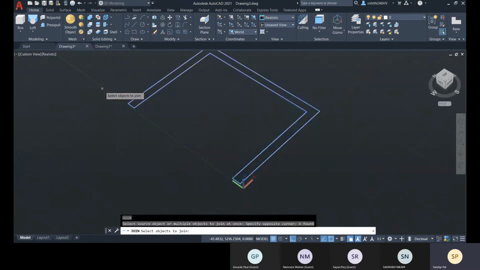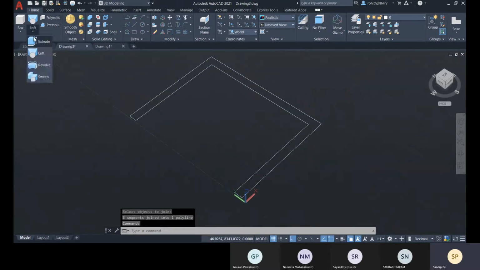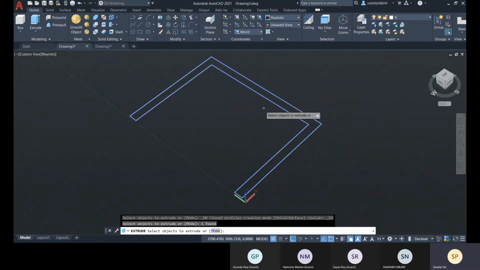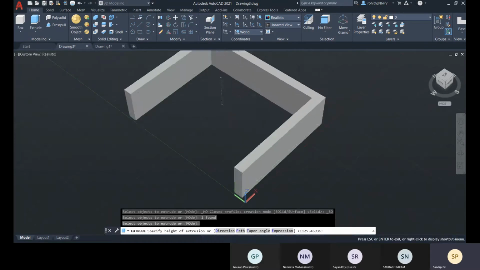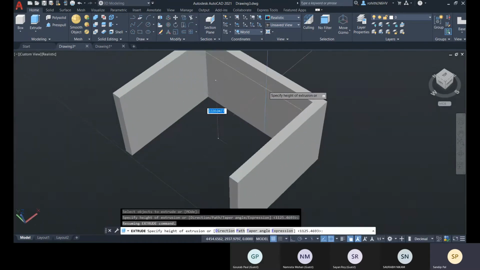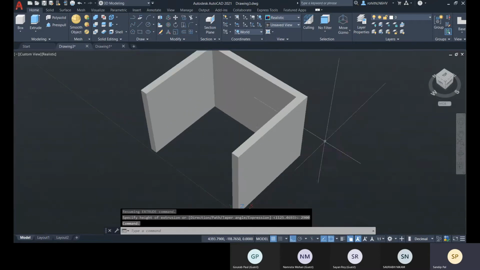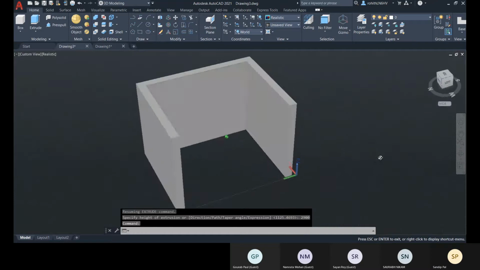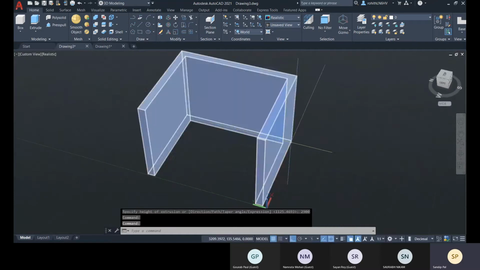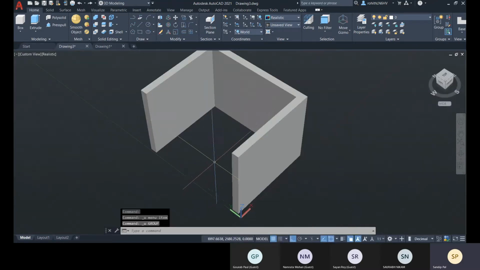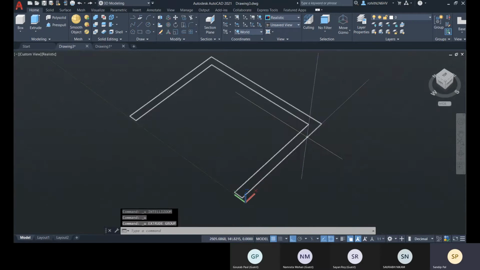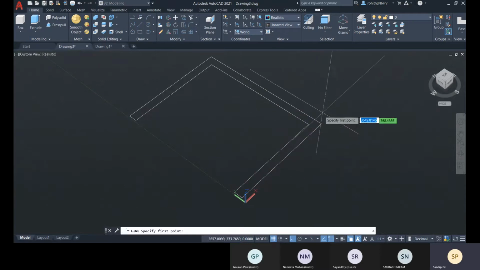I'll join this. And now I'll extrude this part, enter, give it a height like 2900, enter. Now give floor, okay. Or else if I need only 2 walls, so that will be better to show.